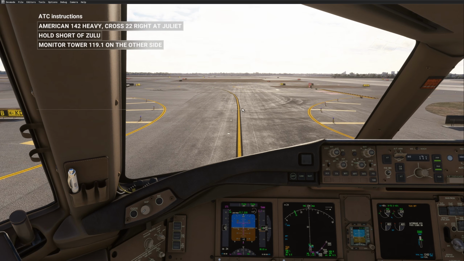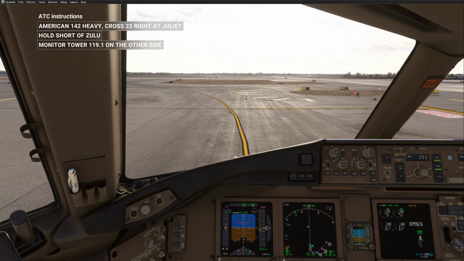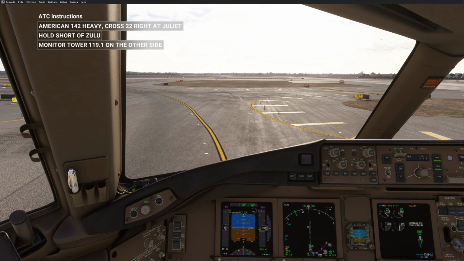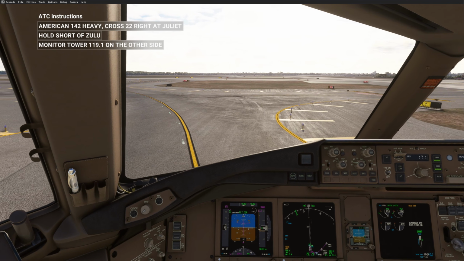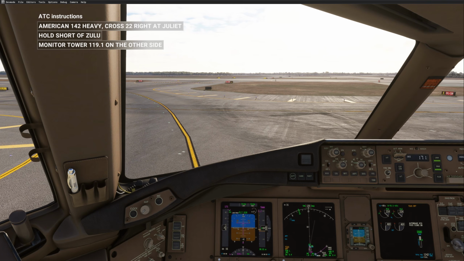American 142 Heavy, cross runway 22 right at Juliet, hold short of Zulu. Monitor tower 119.1 on the other side. Roger, cross runway 22 right at the Juliet, hold short of Zulu, and monitor tower 119.1 on the other side,